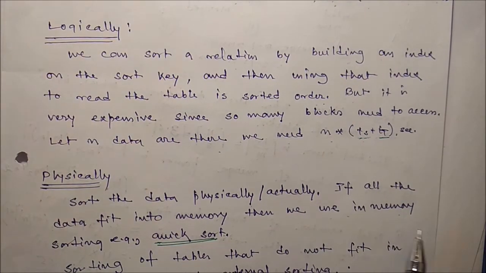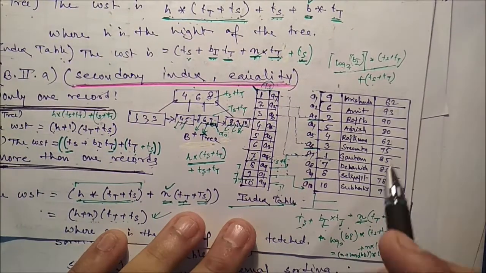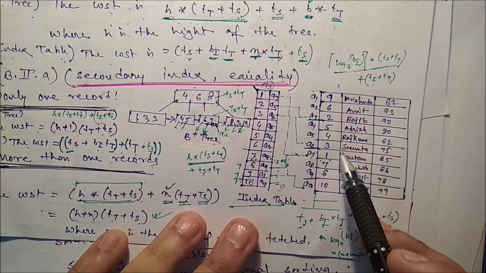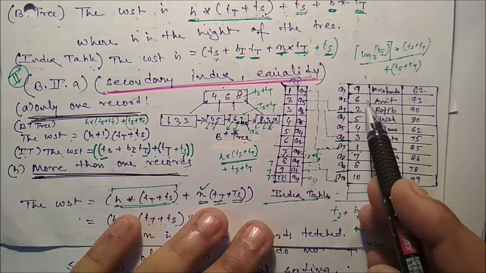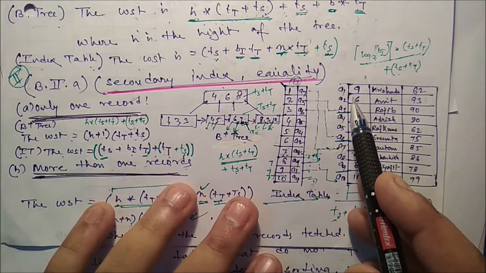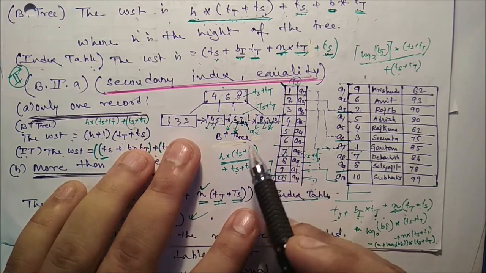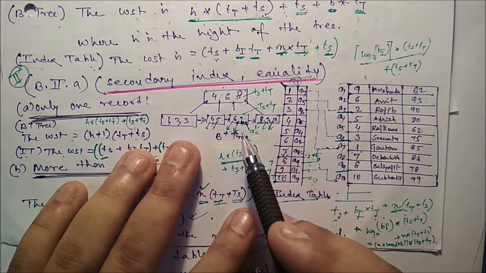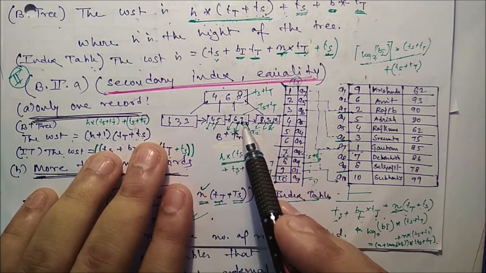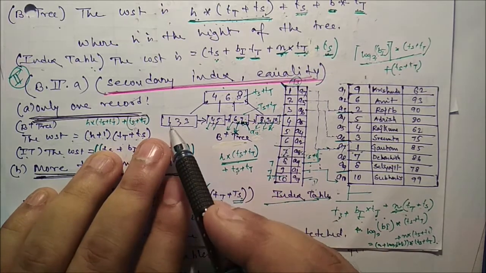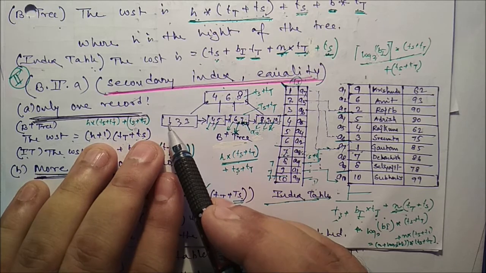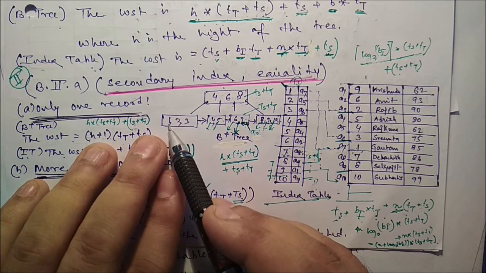Here is our table where roll number, name and marks are there. Roll number is not in order, and we need the data in sorted order. So we can implement an index table or a B+ tree. Now we can see in the leaf node all the data are in sorted order: 1 2 3 4 5 6 7 8 9 10. So first of all we know what the first data should be. This is our leftmost node.